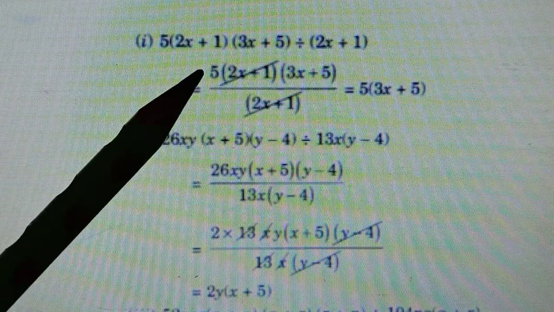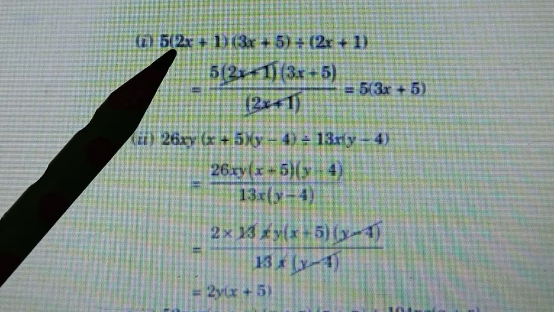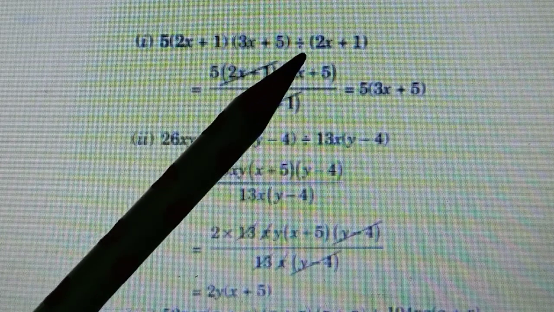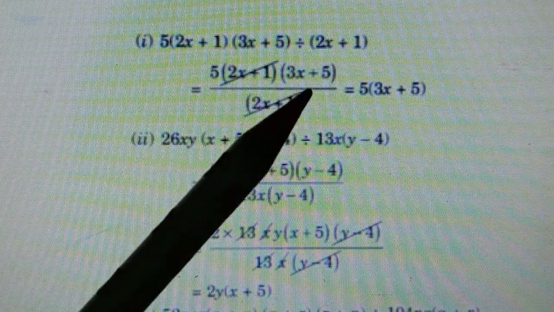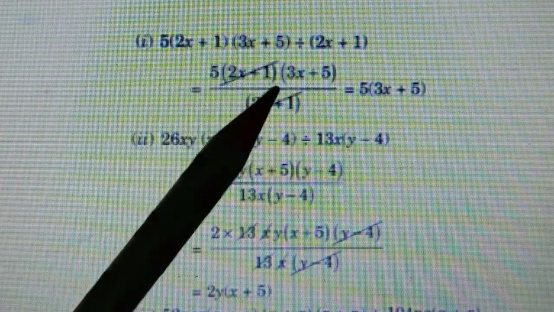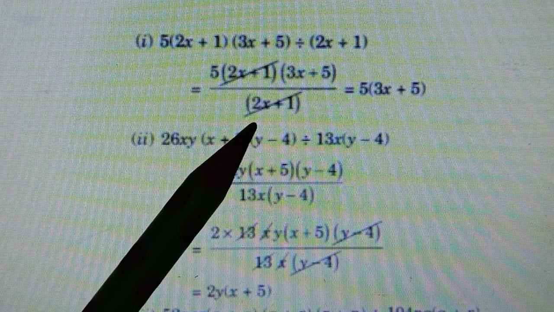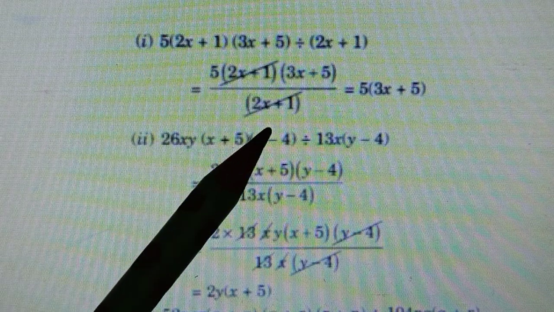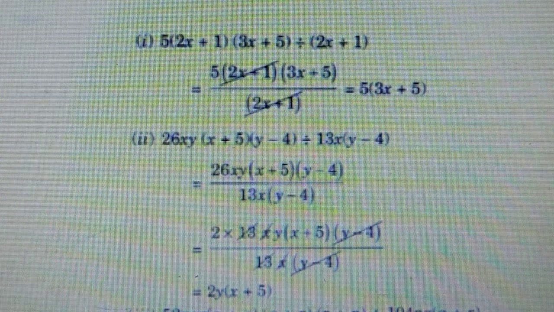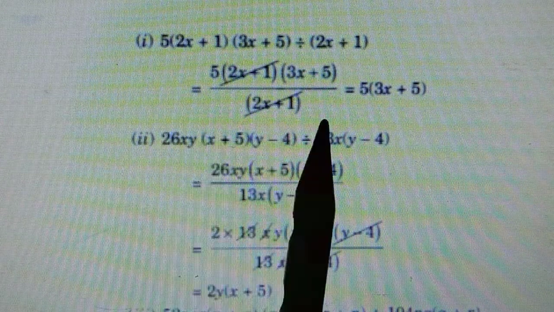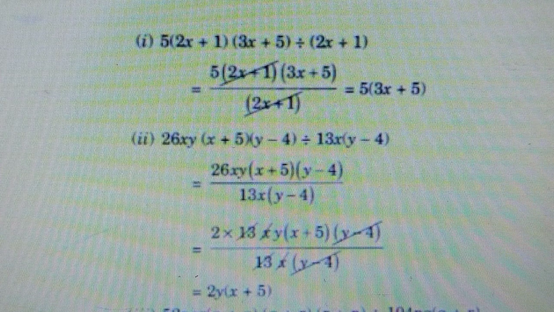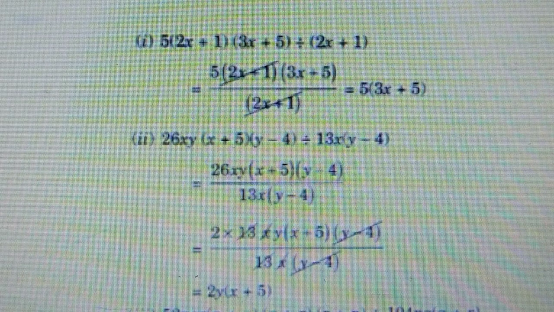So the first part of it is 5 multiplied with (2x + 1) multiplied with (3x + 5) to be divided by (2x + 1). Okay, so by whatever we divide, that has to come in denominator. So we'll write this whole expression upon what we had to divide it with. You see these two factors are exactly the same, 2x + 1 here, 2x + 1 here, so they can be cancelled. So the leftover would be the quotient, that is 5 into (3x + 5). Sorry, 3x plus 5. I don't think these questions are difficult at all. You can easily see them.